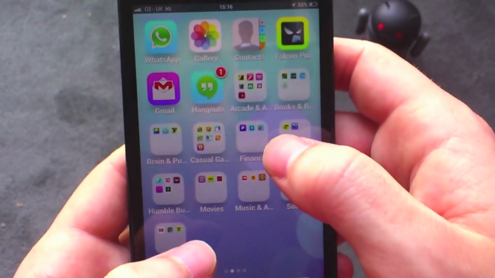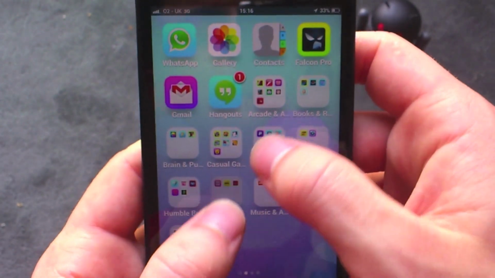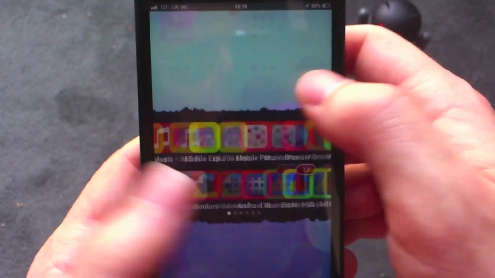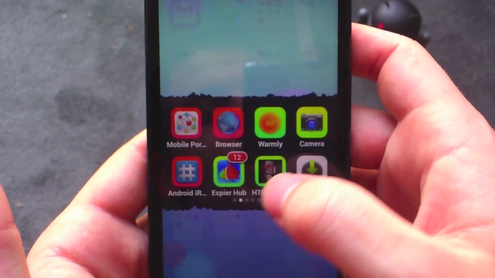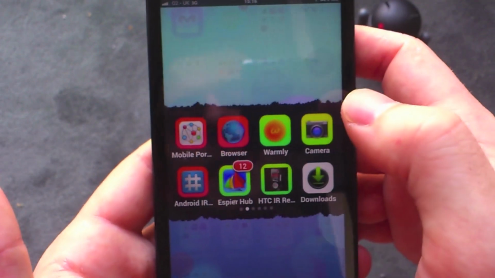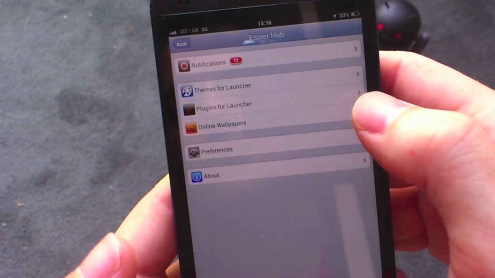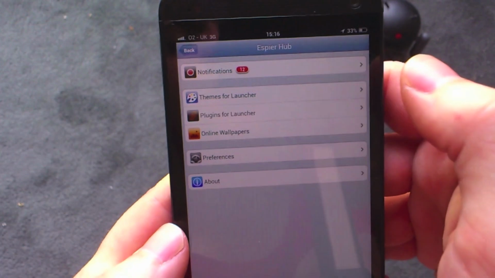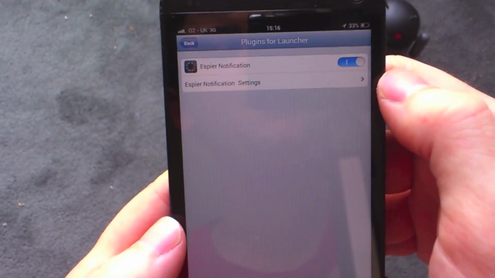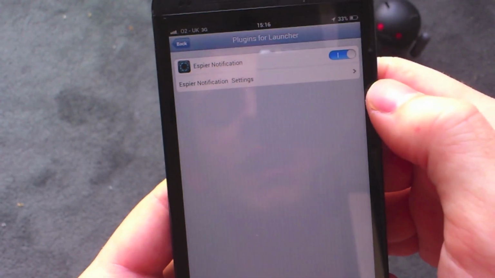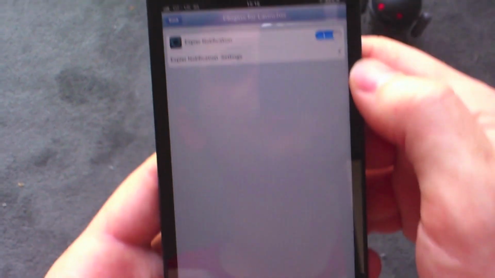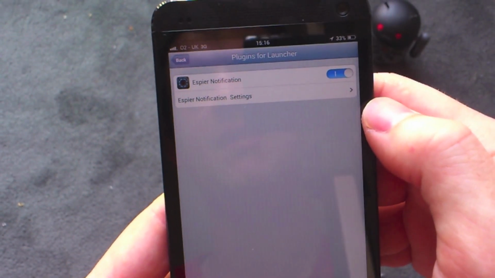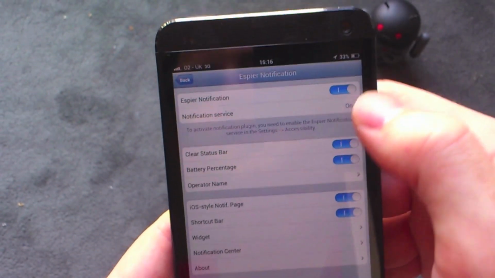Next thing you need to do is open up the SBA app. I've actually got it hidden, so if I pinch, as if pinching to zoom on the screen, I can open up my hidden apps, and SBA is there. So open up the SBA hub. Once you're there, you want to tap on the plugins, and you want to download SBA Notification. You can download that if you hit at the bottom and hit More Online Plugins, or you can just go to the link in the description and download it. Then you want to open up the settings. You want to turn